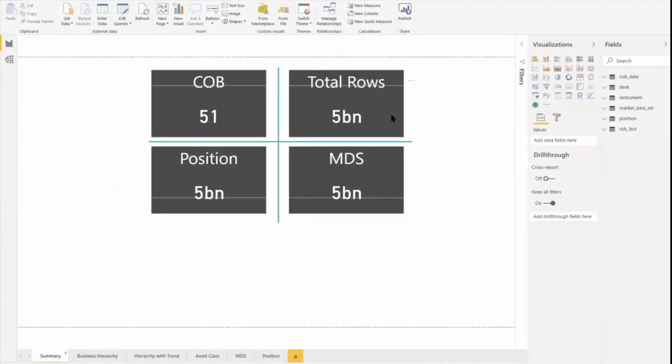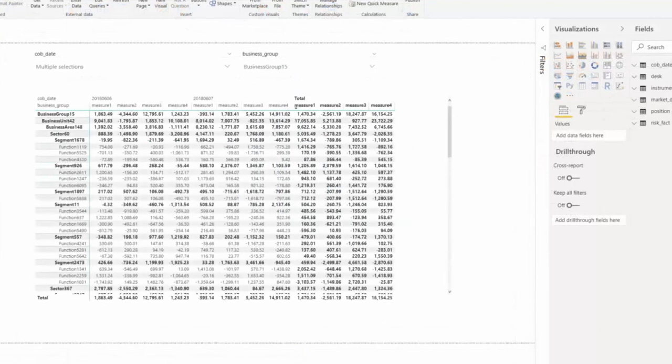This is the summary page of the Power BI application connecting to Avalanche instance that is also running in Azure. The summary page shows the number of days, number of rows, size of position, and market data set. We'll be doing analysis in 50 days and 5 billion rows of data. The hierarchy contains the organization's hierarchy from book, which is an individual portfolio, to the top level. Measures are calculated and aggregated for every level in the hierarchy. Those measures can be valuations, P&L, or GRICS, which are sensitivity measures to changes in the market or market variance.